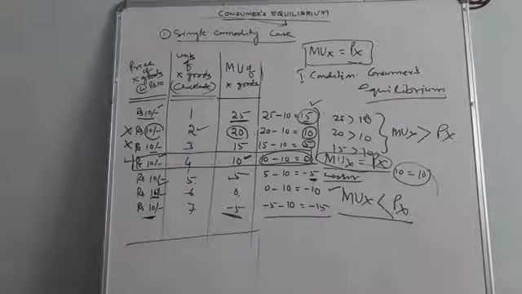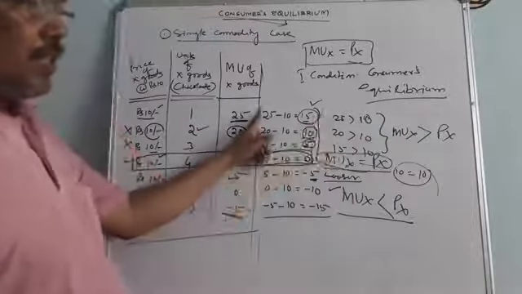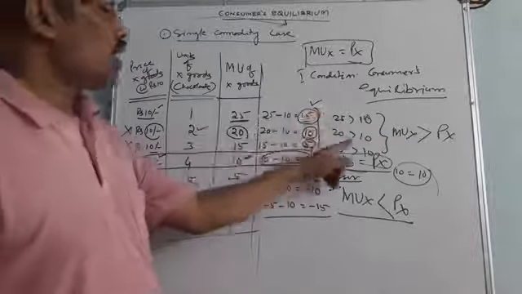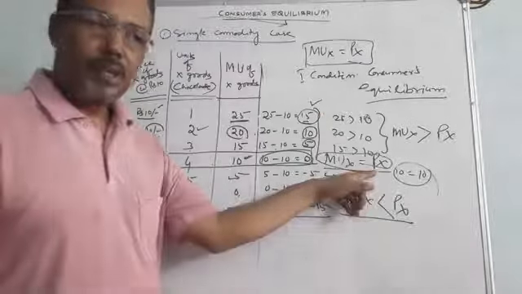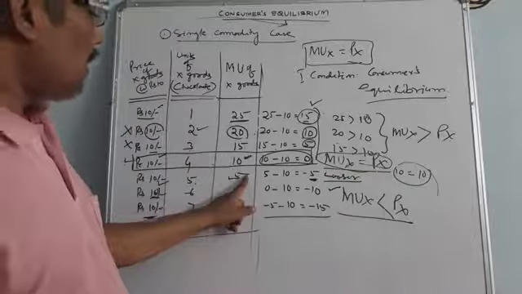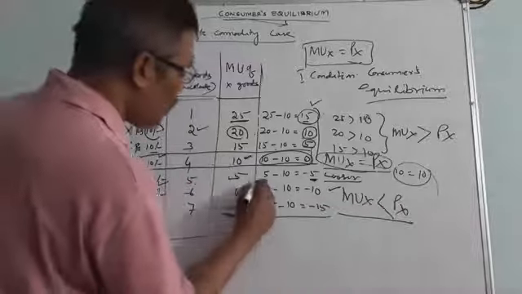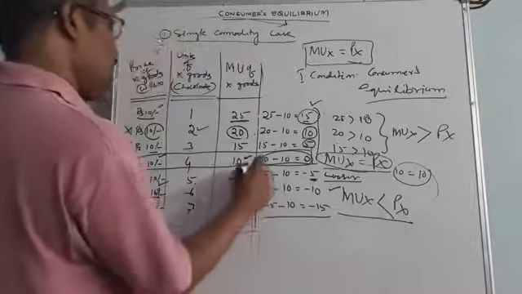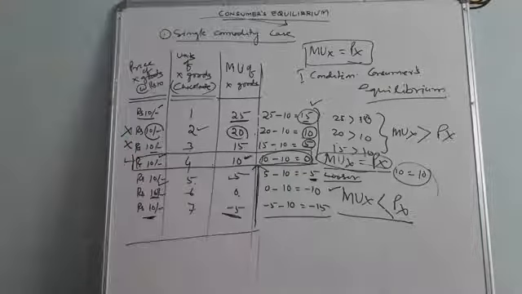It means if the marginal utility of X is greater than the price of X, the rational consumer will purchase that good till the equilibrium, that is, marginal utility of X equals price of X. If the marginal utility of X is less than the price of X, he will not purchase the goods and will consume less and less till the marginal utility of X equals the price of X. This is called the consumer's equilibrium analysis, or the explanation of consumer equilibrium.